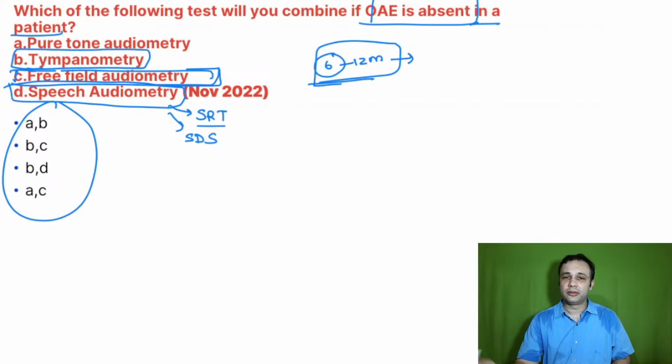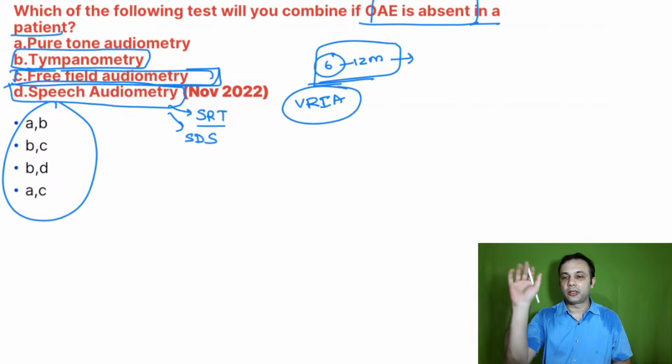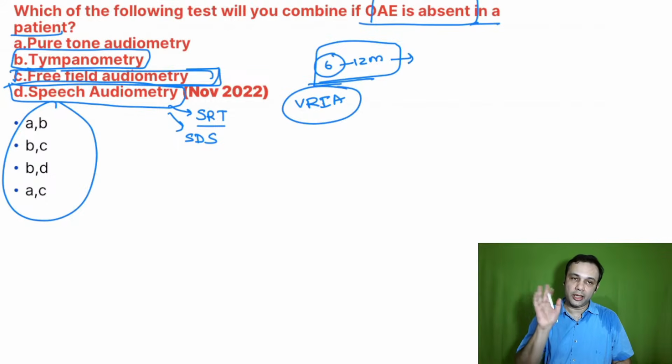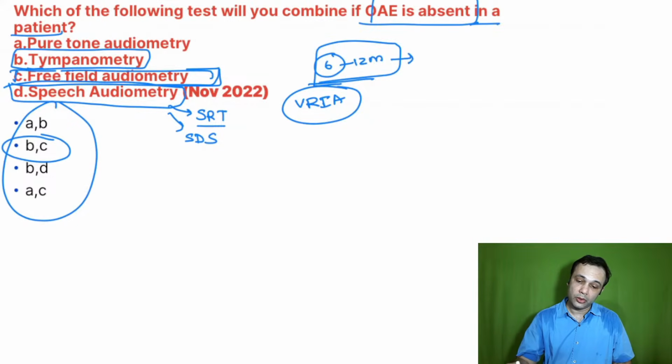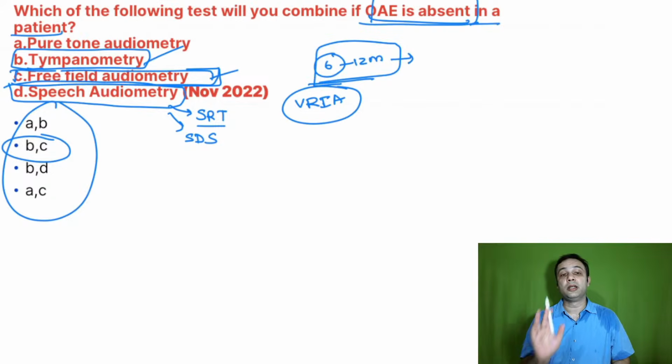Child gets tired, okay, I don't want to listen to sound. What do you do? Visual reinforcement audiometry. So you add a toy along with that. Okay, so you can add a toy along with that. So the answer in this case would be B and C. So when you talk about otoacoustic emission is absent, you can do a free field audiometry along with a tympanometry,